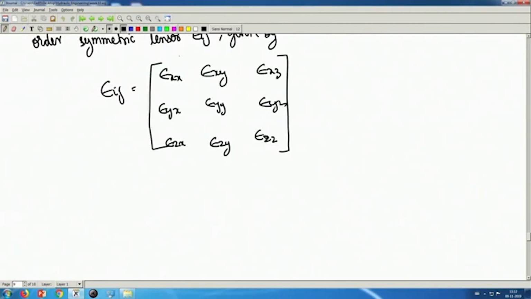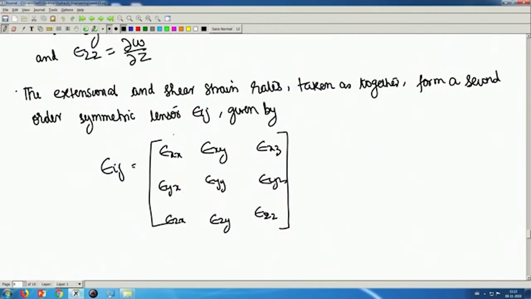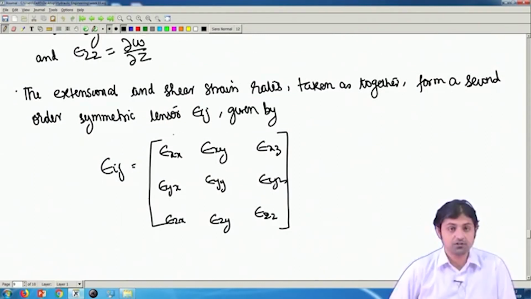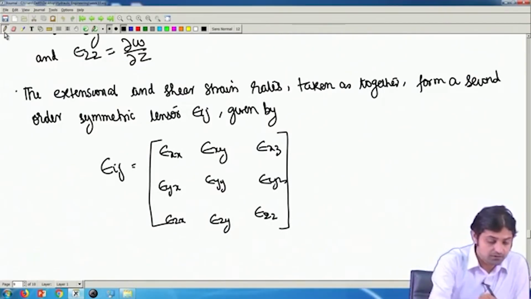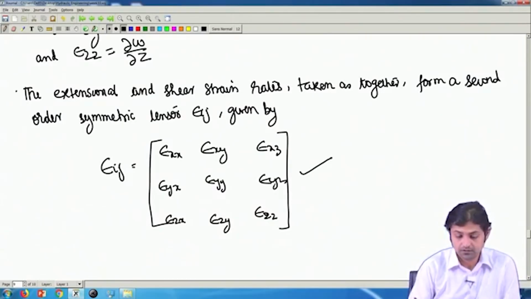This is the last point where we concluded, writing the extensional and the shear strain rates. Extensional are epsilon xx, epsilon yy and epsilon zz, whereas the shear strain rates are epsilon xy, epsilon xz and epsilon zy. So, this is the matrix of the strain rates,